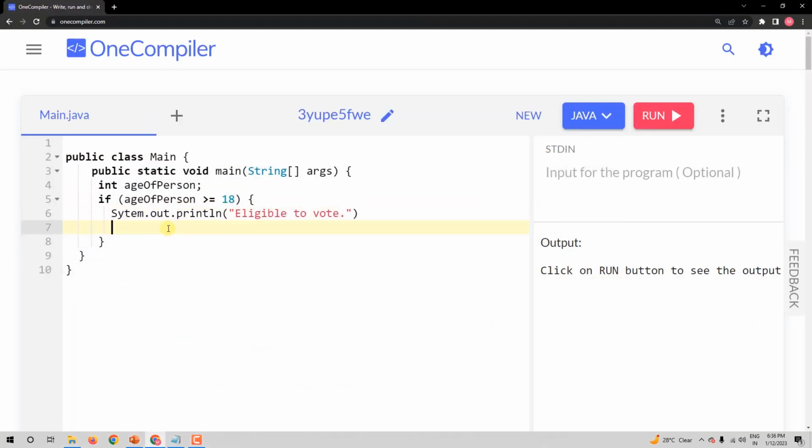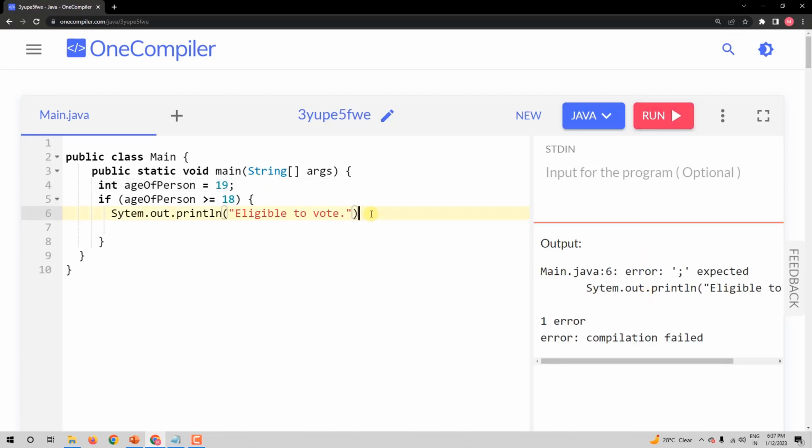Here let me stop writing the program and execute it once. We have declared age of a person as a variable, but we have not mentioned the value, or initialized the variable. So let us do that. Let me say is equal to 19. So I am saying age of the person is equal to 19, and then here I am saying if age of person is greater than or equal to 18, say this. Let me run it,